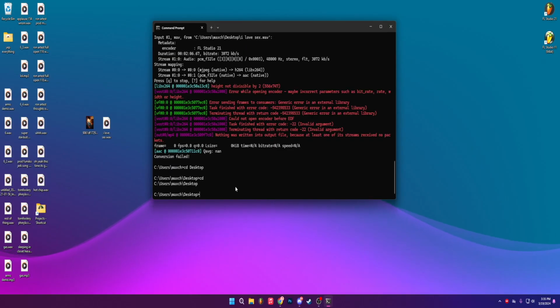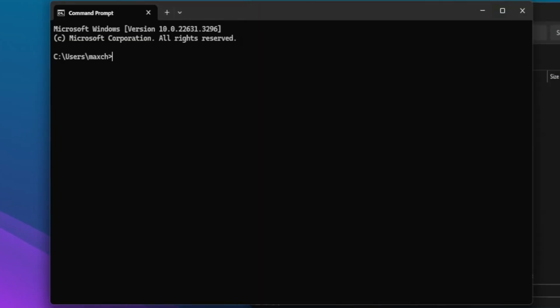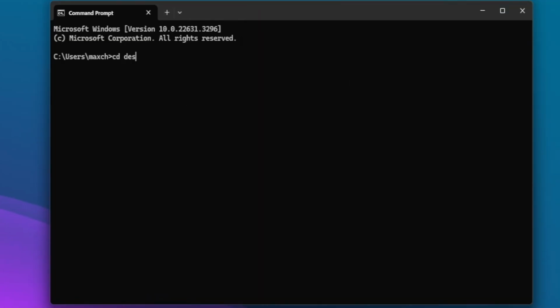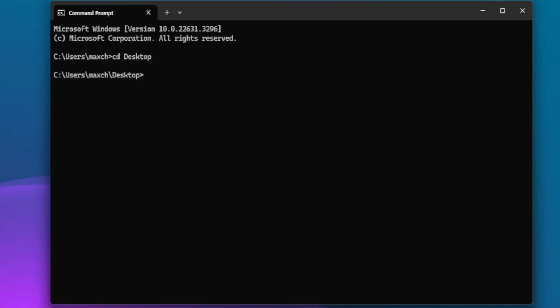Optional thing you can do is CD to desktop. Now, what does that mean? What you can do is you write CD, desk, and then hit tab and it should autofill. There you go. Now you're working in the desktop. Of course, I forgot to explain only the most important part of the tutorial, but basically you write